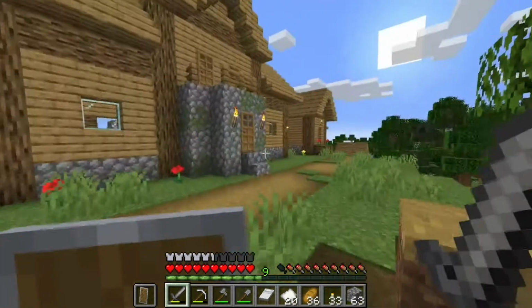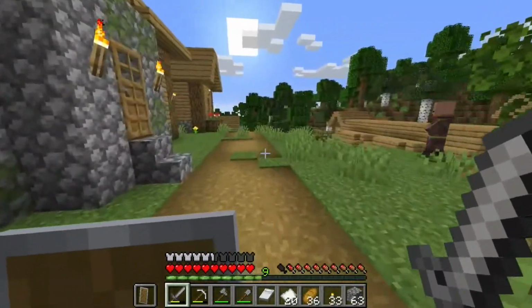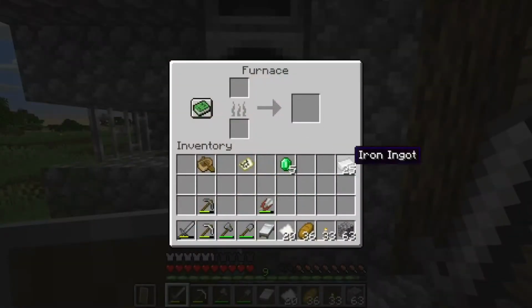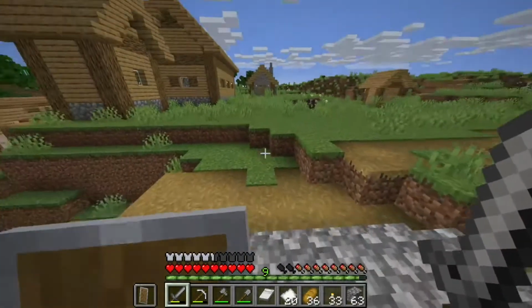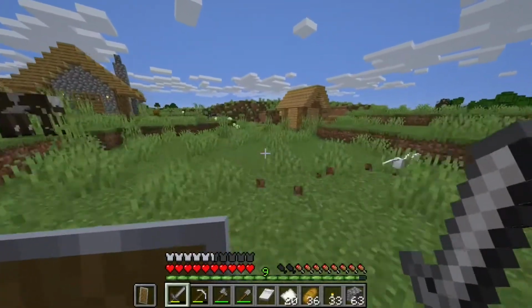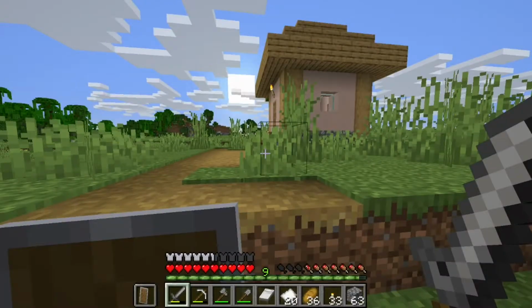Okay, let's see. Let's find the blacksmith and see how much iron we have between what I have on me and what's there. If we have enough to finish our armor set, I think we do. Oh, yeah. Okay, so we just got to find a crafting table. I wasn't paying attention. I can't believe there isn't one in this village, though. Let me go take a quick check, see if I can find one. If not, we'll just make one. Okay, I'm just going to make a crafting table since I'm not finding one real quick here. Although I don't even have any wood on me, so...